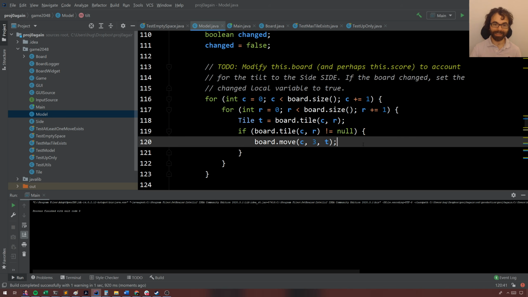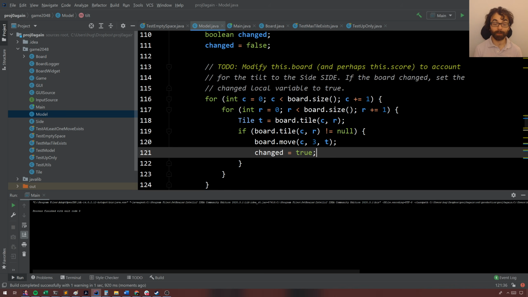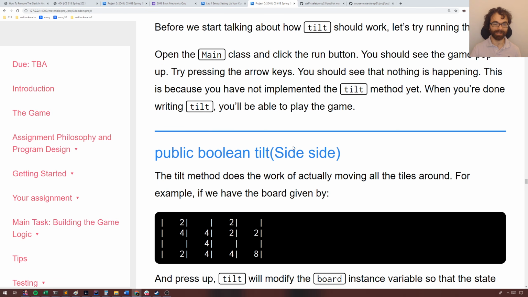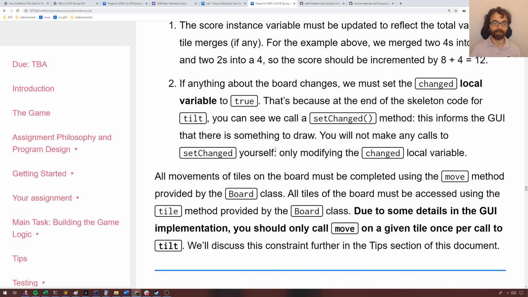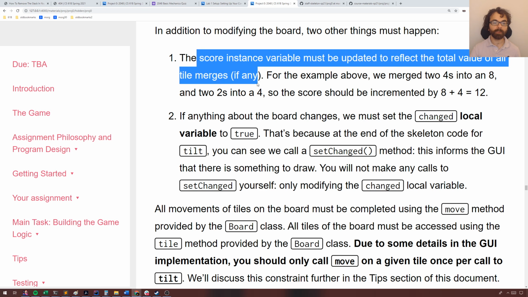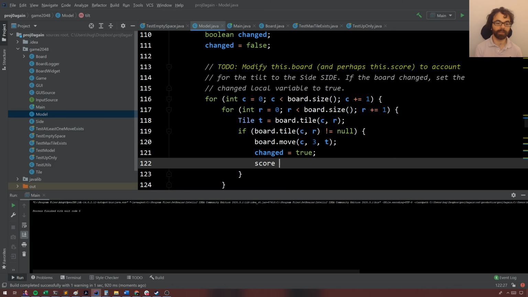I forgot to do one important thing. I need to also say changed equals true. So if you look at the spec, it says there are some important things you need to do. In particular, you need to set the changed local variable to true. We also need to update the score. So hey, let's just update the score. Score plus equals 7. Okay. So if I run this code